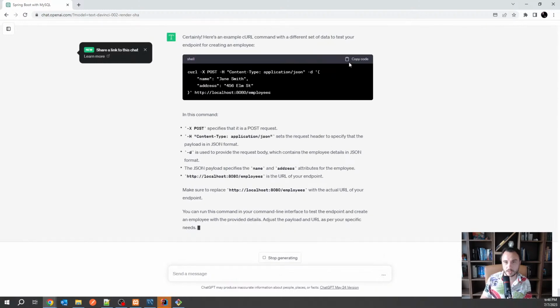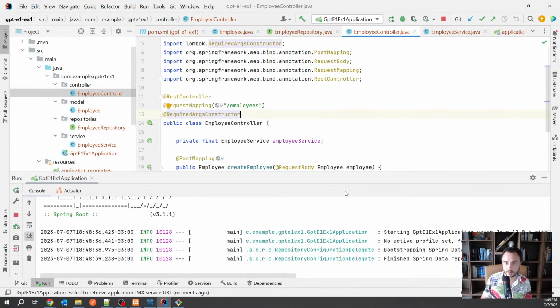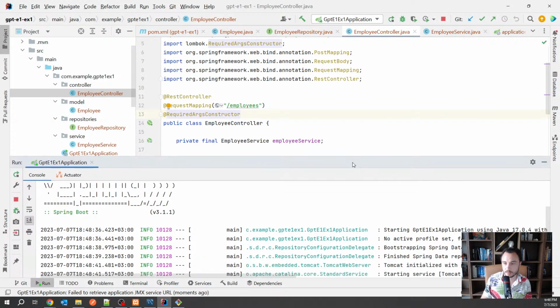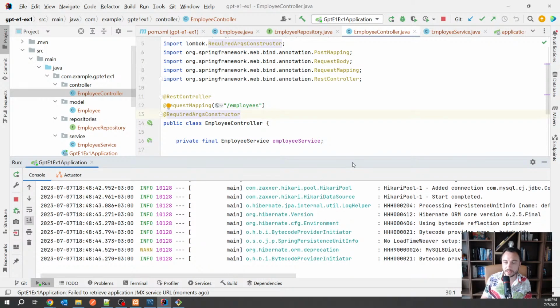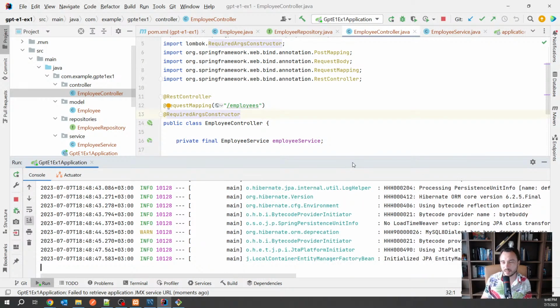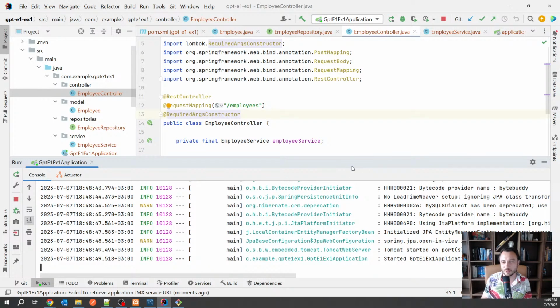Jane Smith. Okay, so now it's Jane. Now, so I started, or still waiting for this to get started. But my feeling is that I already started to think like a senior developer. See, I didn't follow the steps anymore, because now I ended up with a kind of working application, not sure